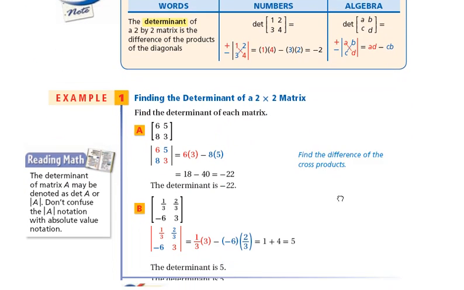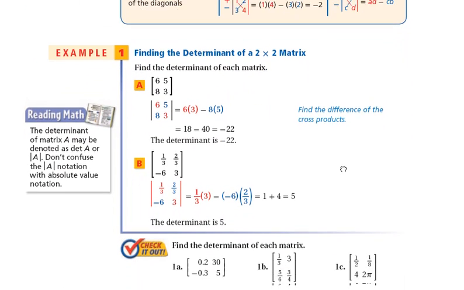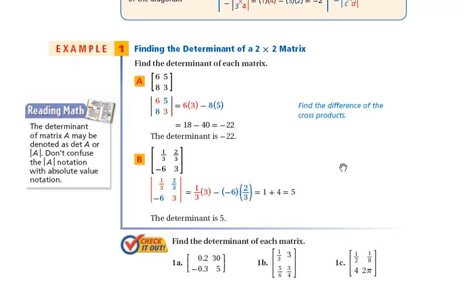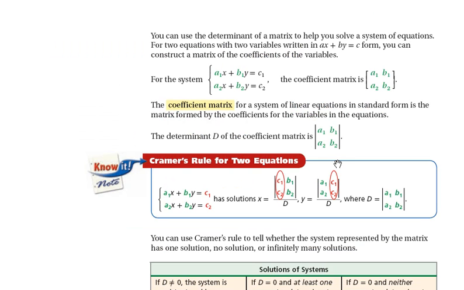Take a look at a couple of these examples. Finding the determinant of a 2 by 2 matrix is not too bad because you're just multiplying twice and subtracting once. What we can use this for is actually to solve a system of linear equations, and in order to do that we have to talk about what's called a